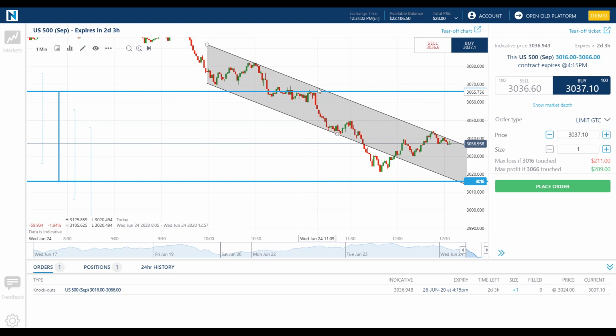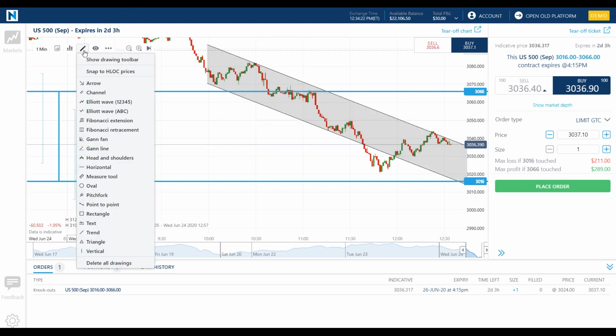When it hit the upper level, it was resistance. When it hit the lower level, it was support. It broke through it pretty severely here. So this channel clearly didn't make any sense, but it did kind of come back into this range again. You can put your own channels. You can put your own support and resistance levels. Some people like Fibonacci retracements.